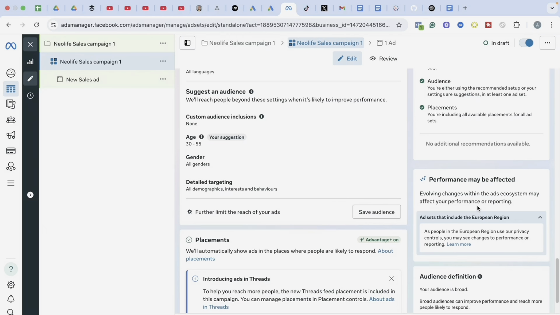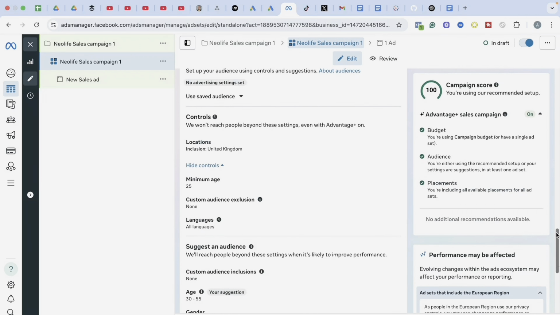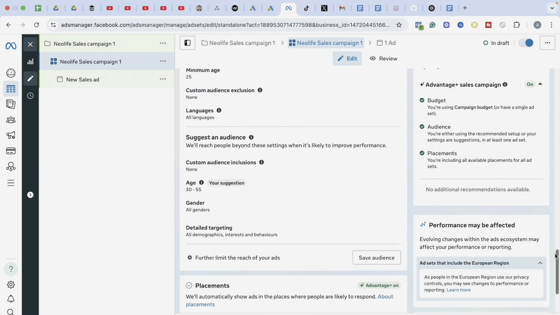But what is working now is that if I go into this detailed targeting and I pick an interest that I want to target, Facebook will no longer limit my ad to only those people that I've selected here. It will go beyond that. Facebook will only learn from that. That is why I advise you to combine controls with suggest an audience.